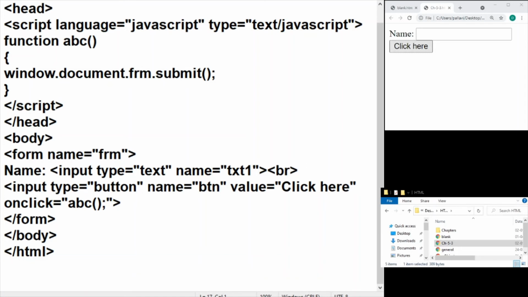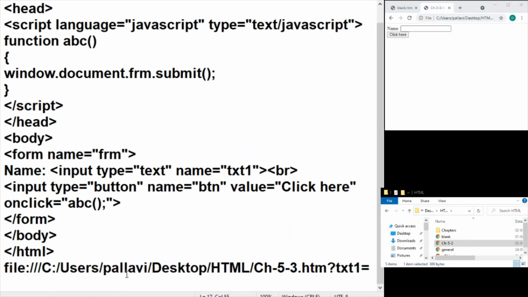So I'm going to click on this and let's see what happens with the URL. Right now, you can see it is showing txt1 equals. I have not entered anything, but one thing which apparently strikes is that there's a question mark and then txt1 equals, which means submission took place.